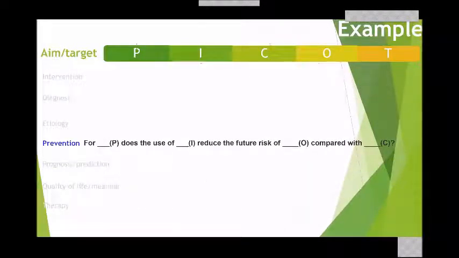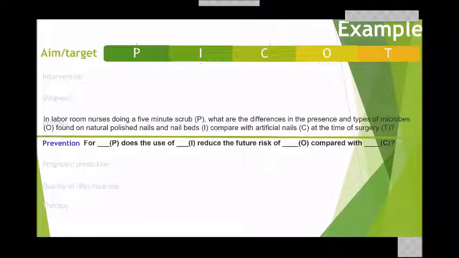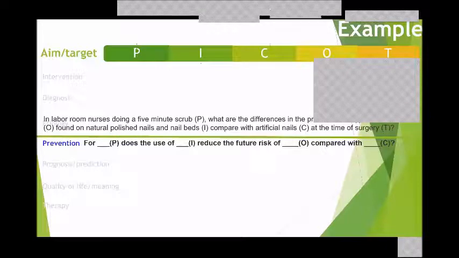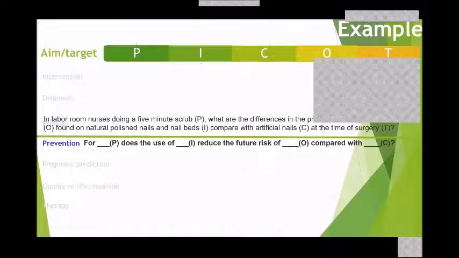Now let's ask the same question for intervention. The question would be as follows: for a population, does the use of an intervention reduce the future risk of the outcome compared to those who are not receiving that intervention, which is the comparison? So, an example of the question: in labor room nurses, does a 5-minute scrub, so that's our population,